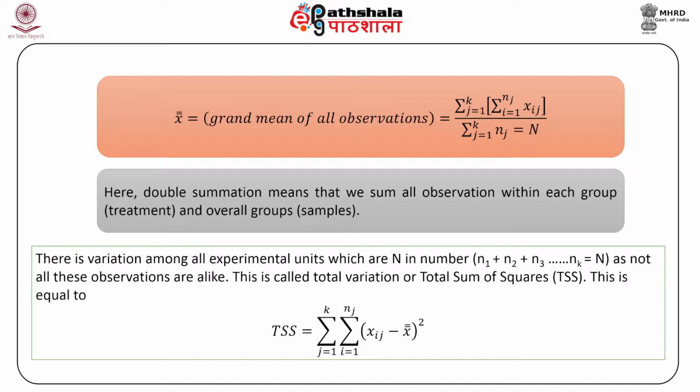This is called total variation or total sum of the squares, TSS, and this is written as TSS is equal to the double summation of xij minus x double bar whole square, and the inner summation is first of i from 1 to nj, and the outer summation is of j from 1 to k. So total sum of the squares is the sum of the squared deviation of all sample observations from their overall